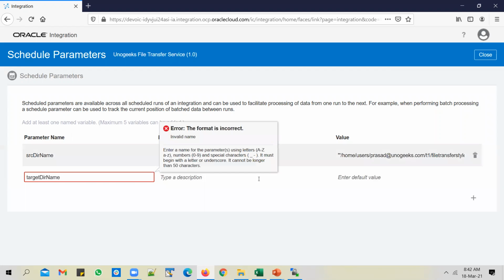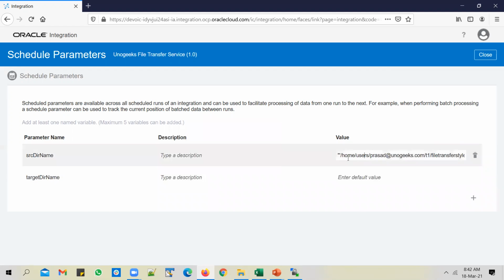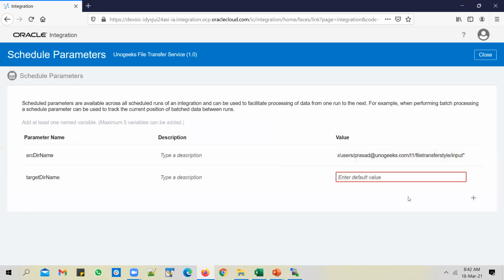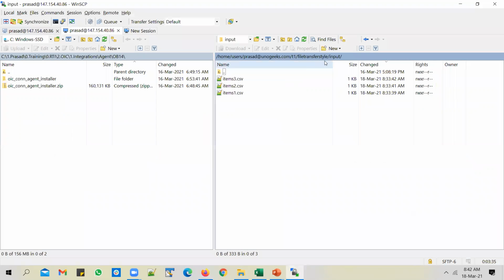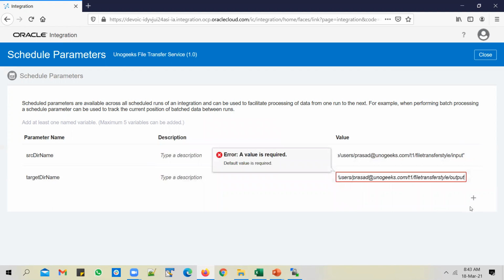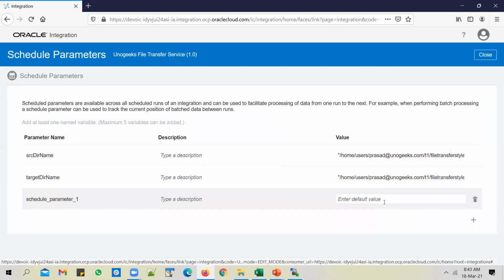Target directory name. Take out those additional codes, it's not required. And target directory name, I want to move the files from input to output. So I'll enter output directory as a target directory name. Codes will get automatically added. You don't need to take care of it.